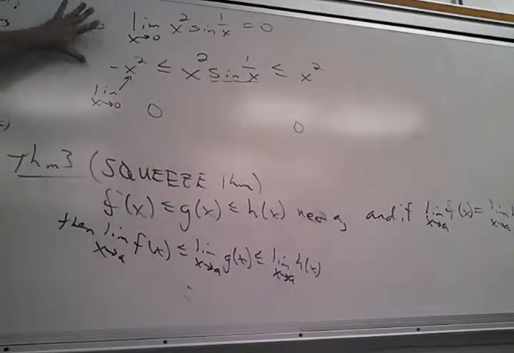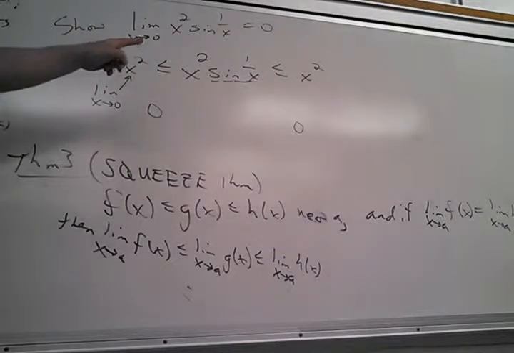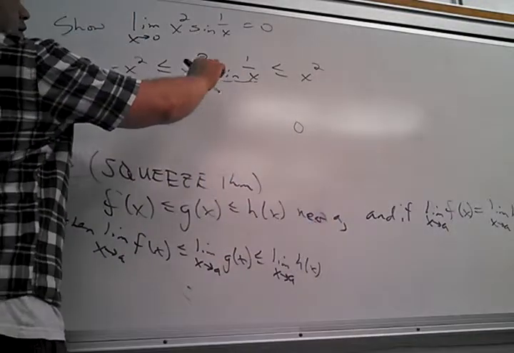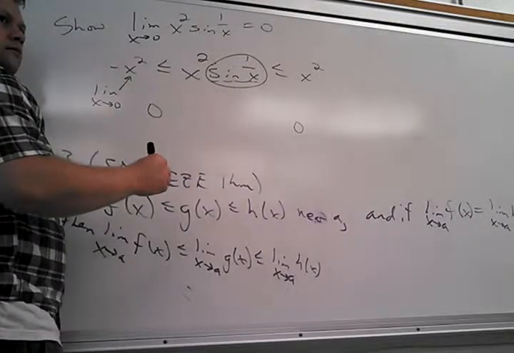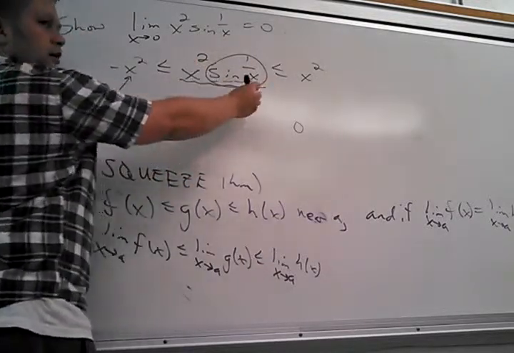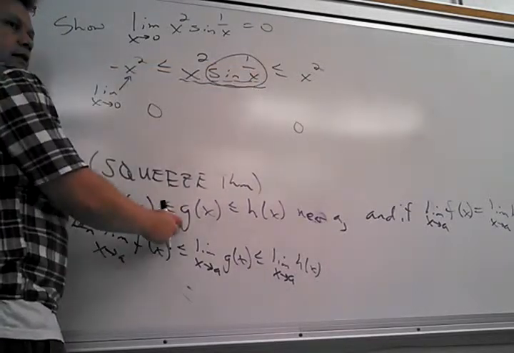I think I assigned like one or at most two problems with that, but it basically works the exact same way as this. Yeah? So why is it x squared on both sides? I'm still not sure. Again, because the absolute least this could be is negative 1. So the least this function could be is negative 1 times x squared. And the most is x squared, and that's exactly where I can use this theorem.